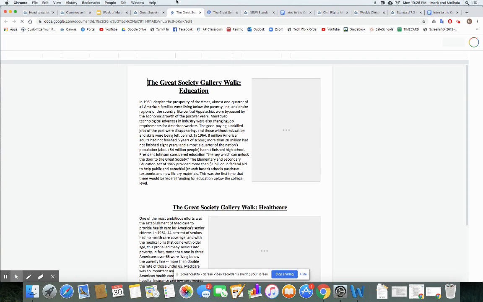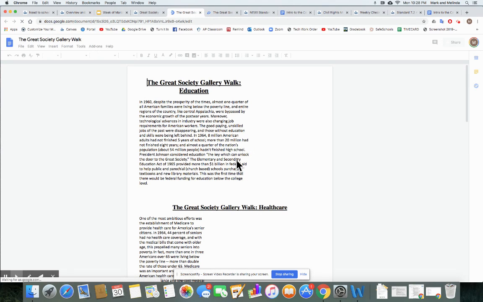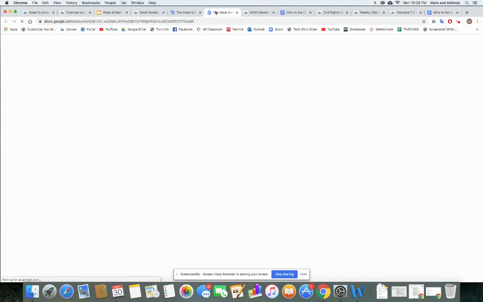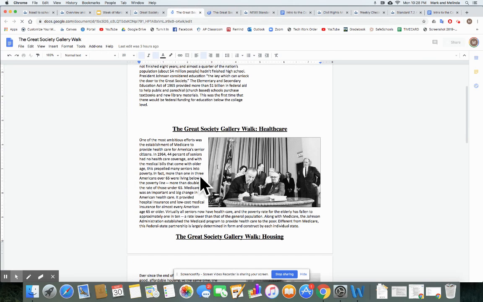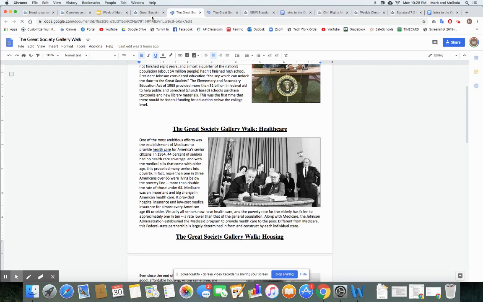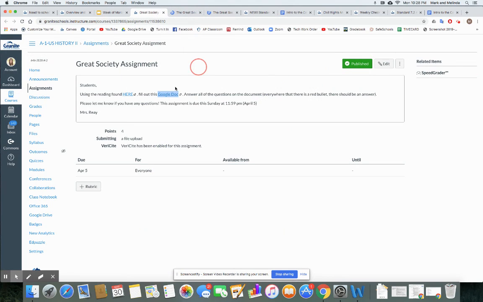This assignment is going to require you to read a series of very short little paragraphs about the various issues. Then you are going to fill out all of the questions that are going to be coming up here. It's taking a second to load. Anything that has, by the way, a bullet is expected to have some sort of a question. I've already answered the first one for you. And again, you can find all that information right here. Once you're done, all you have to do is submit this, and that'll be your assignment.